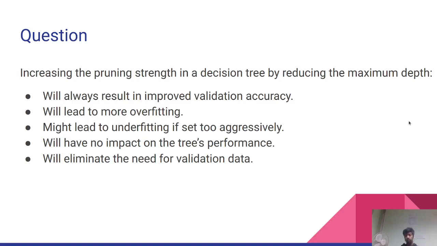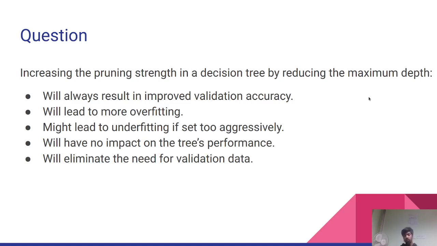So the thing is that if that happens, the model is getting less complex than the previous one. Initially it was a larger tree with more nodes, but now it has fewer nodes, and depth is also less. So it is much less complex. It is much simpler than the full tree. And if that happens, we cannot be sure that it will improve the validation accuracy, because in case of overfitting it can happen